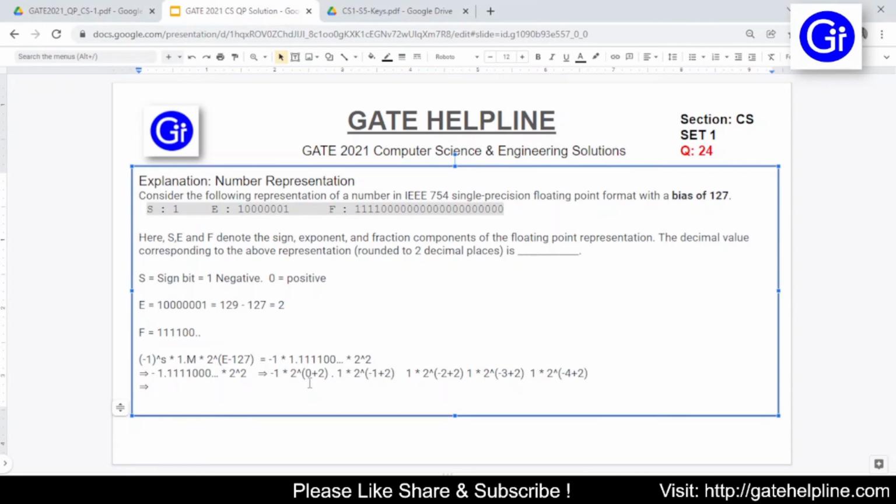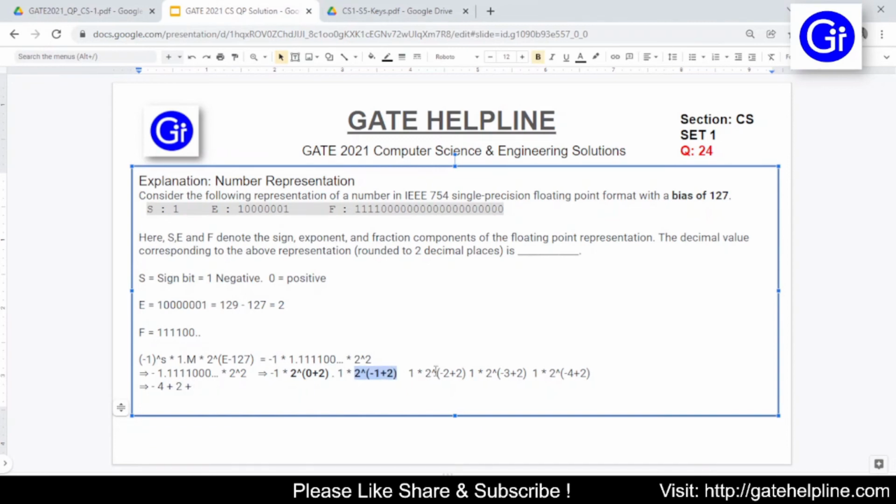So the resultant till here will be 2 raised to power 2. That is, it will become 4, and 4 multiplied by 1 will be 4. So it will be minus 4. The next thing we have after the decimal is this value, the highlighted one. Here the powers are minus 1 plus 2, that is 1. As this number has a positive power now, it will come on the left hand side of the decimal. So that's why we are doing a plus to the value which is on the left hand side of decimal. So it will be 2, and then again plus.